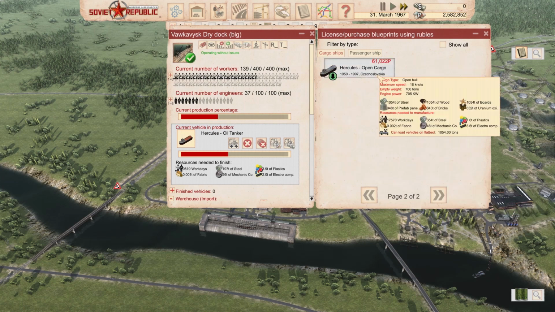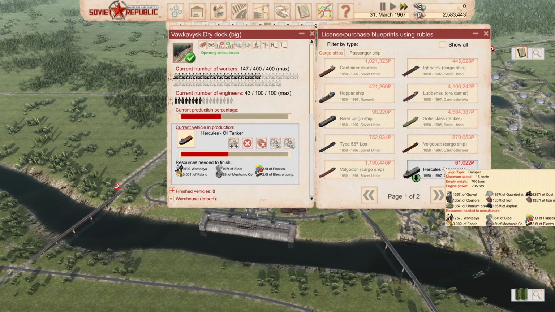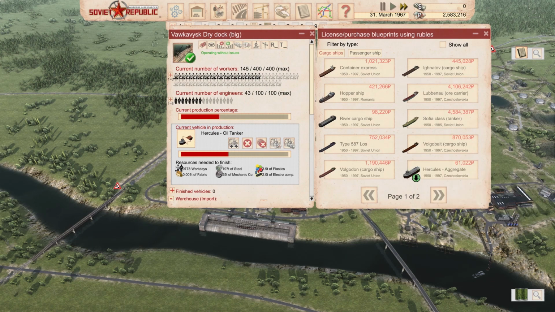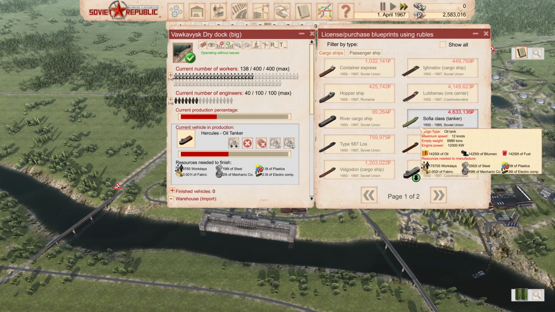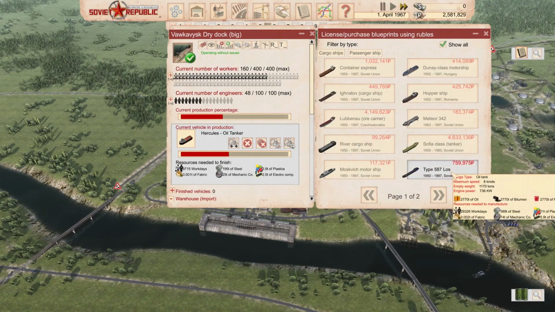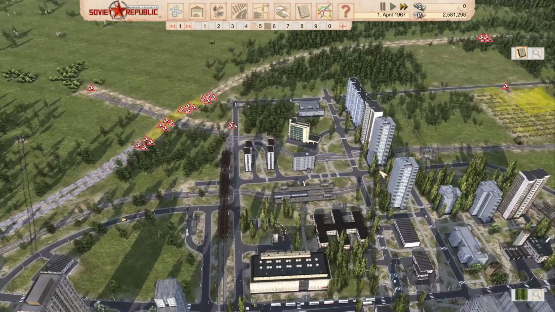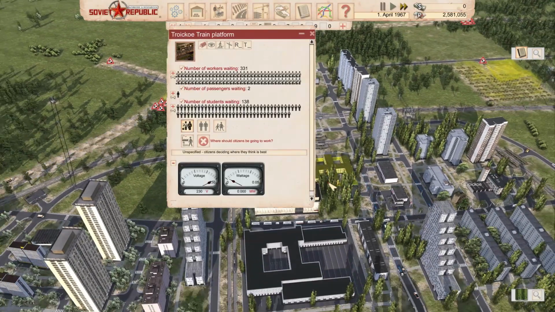This is aggregate and this is open cargo. No, wait. Where's the oil one? Oh, we already bloated the blueprints for this one, and I can't see it here. Oh, that's interesting. Let's just check here. Okay, we're not gonna dwell over this too much. What I want to do is construct a lot more